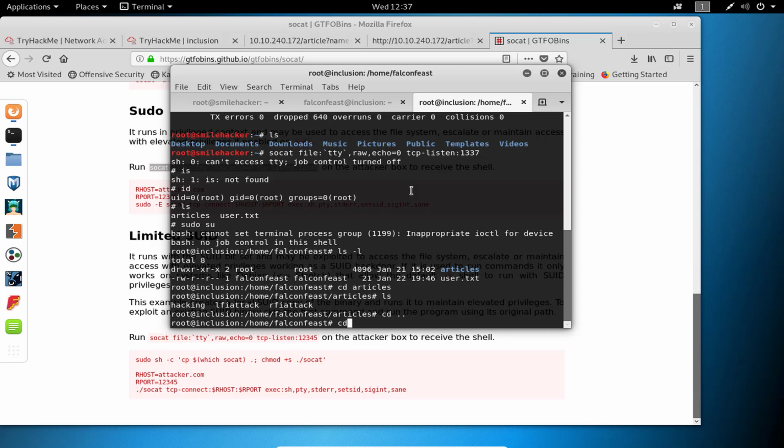Okay, cd, we got the root. We can see root at inclusion.